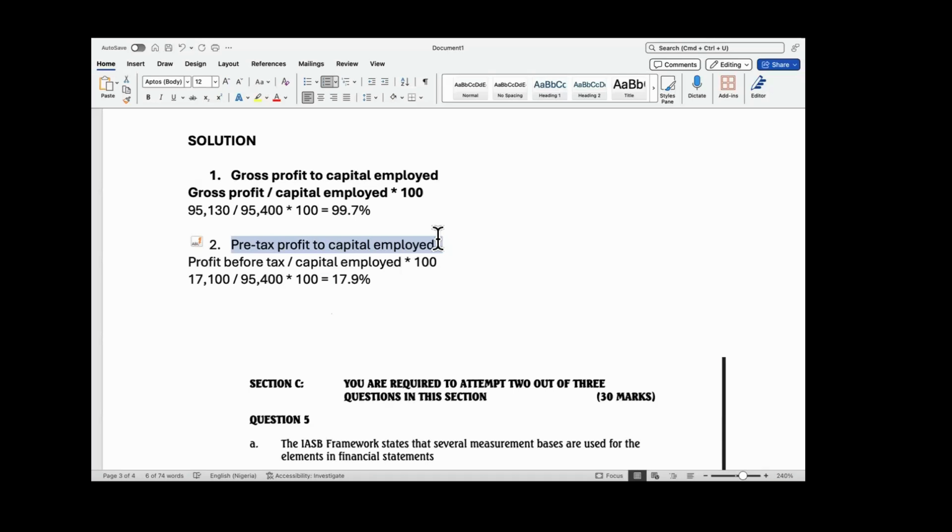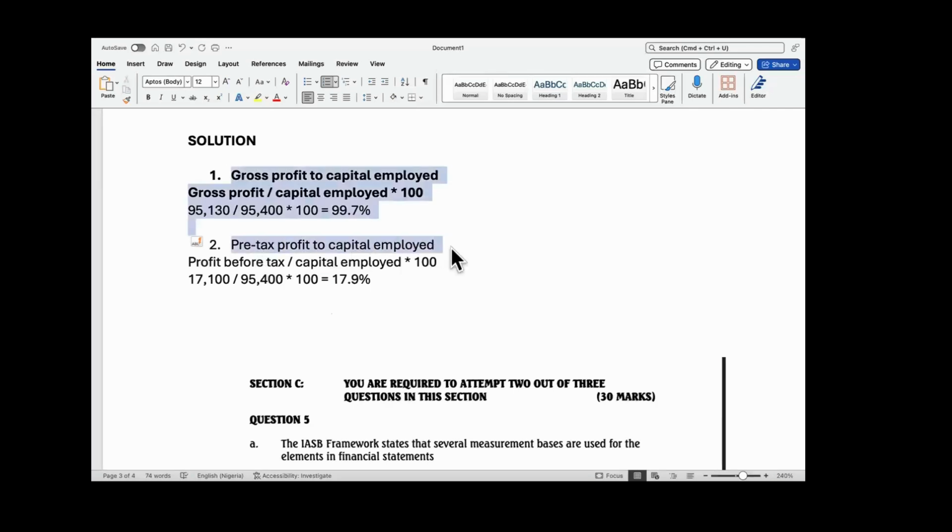I think it has to do with the investment ratio, the ratio that has to do with investors. So you try to see how well the capital employed has been utilized when you compare it to profit. Okay, well, not bad, but I would have loved it to be more specific, because otherwise you'll be interpreting the two